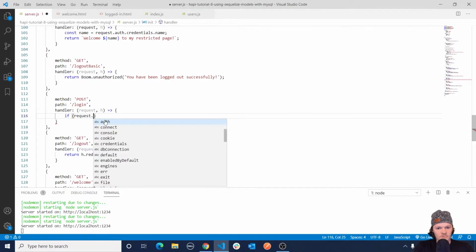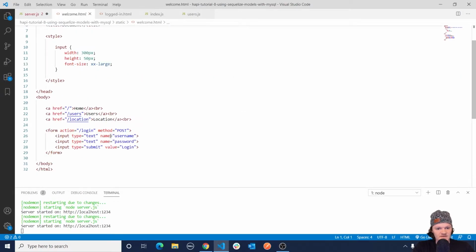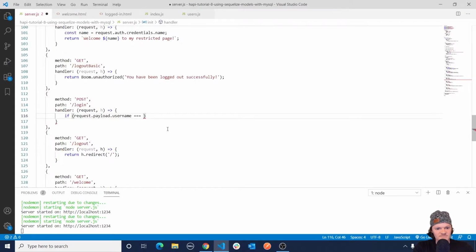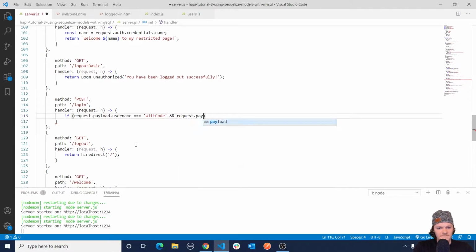So we're going to do request.payload.username. And if you remember, that is obtained because the name for this input here is username. And we access it, if it's through the post method, by the request.payload. So if that is equal to Whitcode, like this, and then also the request.payload.password is equal to subscribe,